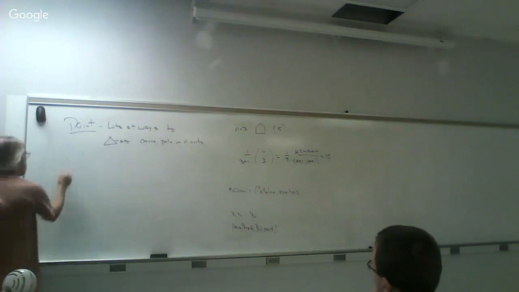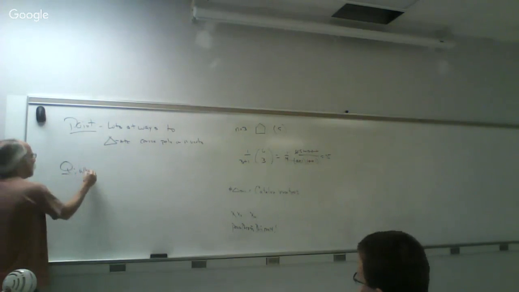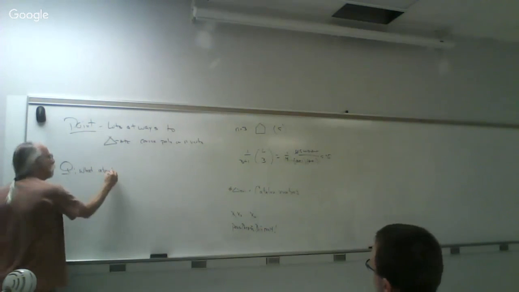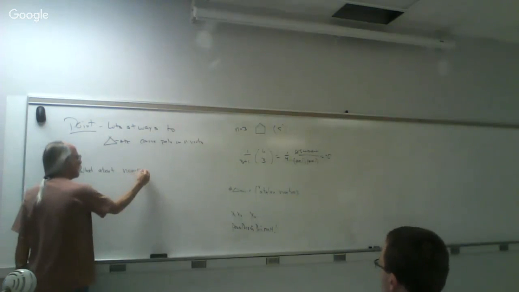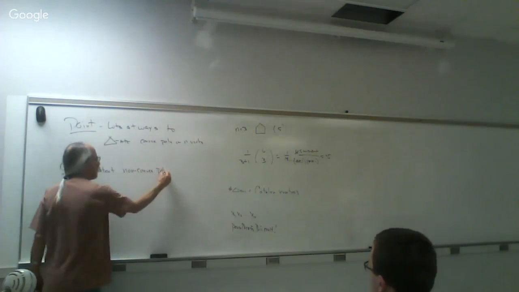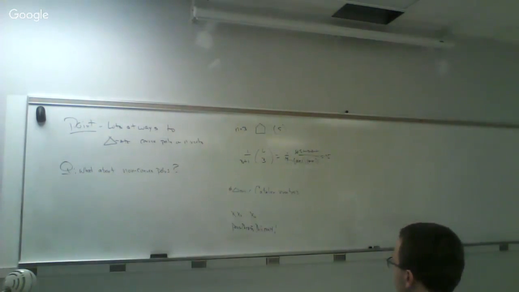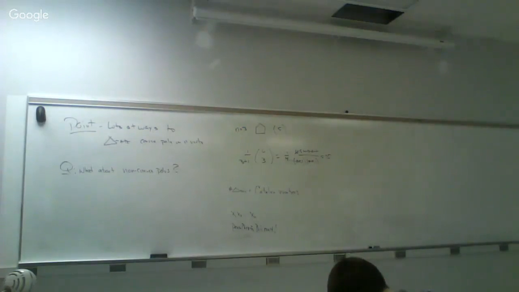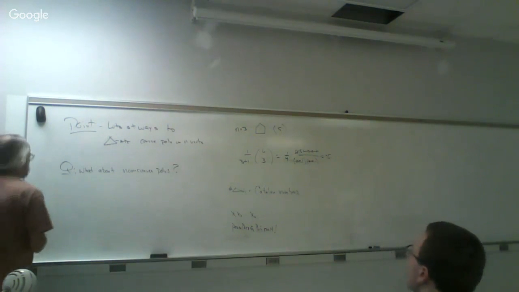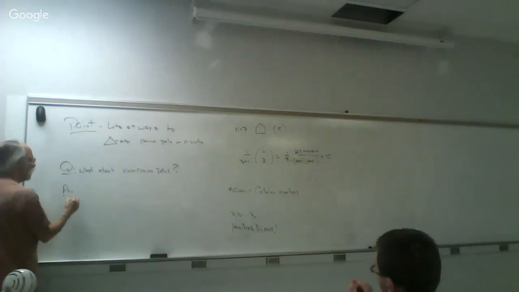So a reasonable question is, what about non-convex polygons? Is there some number that you can get by a calculation for non-convex polygons? The answer is, unfortunately,